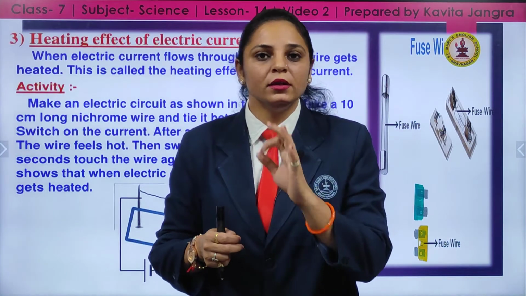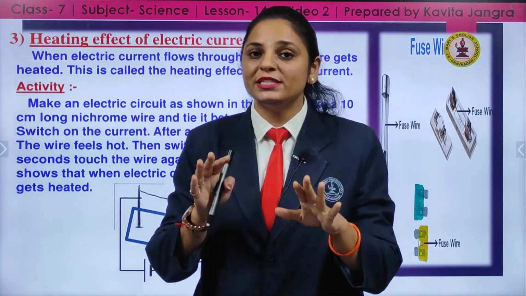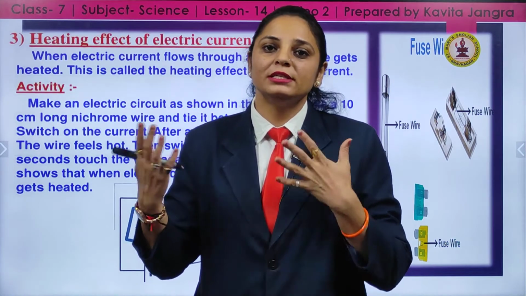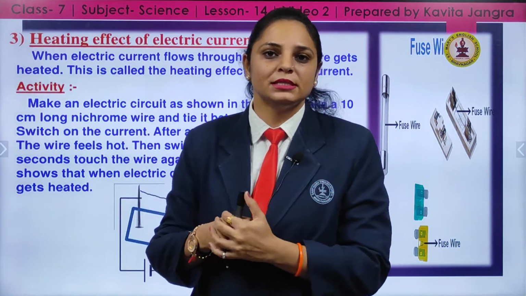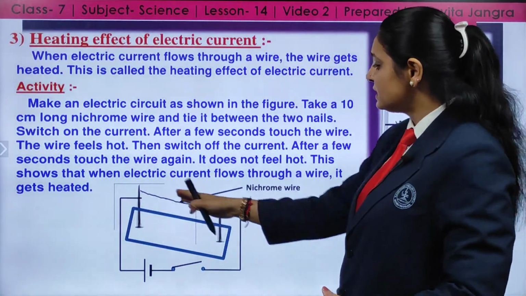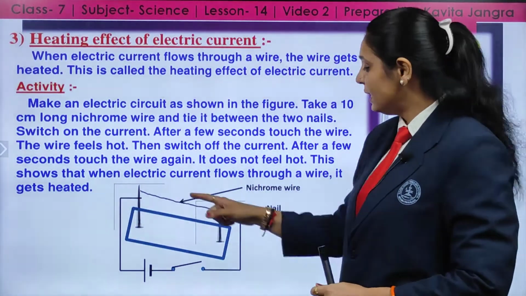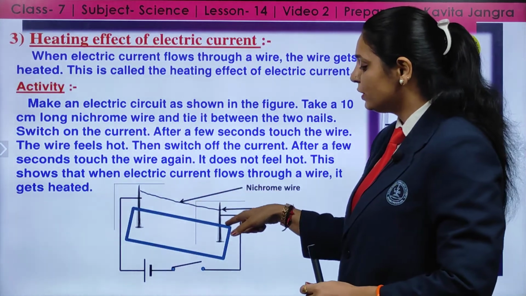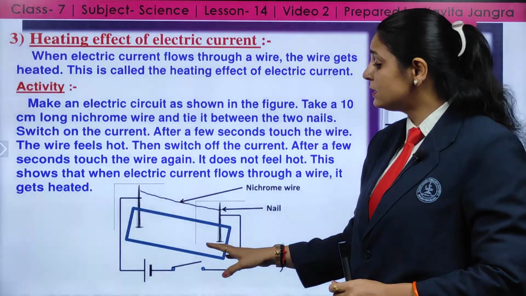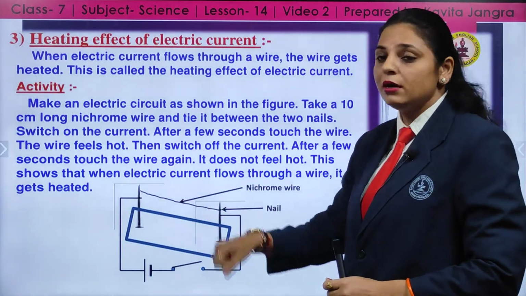Okay, so here that will consume less power. So which is more convenient? More convenient is to use the CFL, because the electricity bill is less in the CFL case, but in the bulb it's more. So for the heating effect, you can see one experiment you can do: if you take a tungsten or nichrome wire and connect it with the cell, then after some time you will feel that it becomes hot.